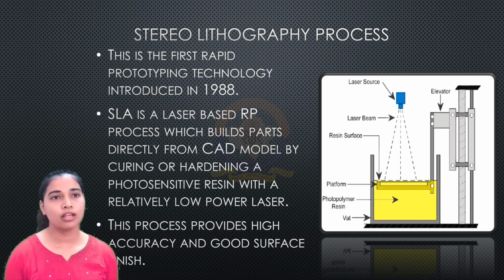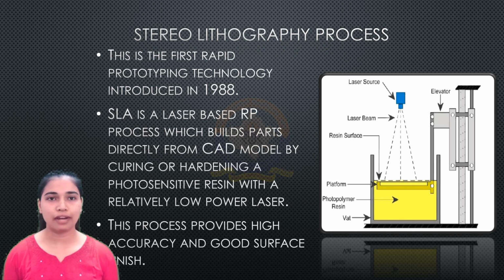Next, the first one, stereolithography process. It is the most widely used rapid prototyping technology, introduced in 1988 by 3D Systems. A highly focused UV laser traces out successive cross sections of a three-dimensional object in a bed of liquid photosensitive polymer. As the laser traces the layer, the polymer solidifies and the excess areas are left as liquid. When a layer is completed, a leveling blade is moved across the surface to smooth it before depositing the next layer. The platform is lowered by a distance equal to the layer thickness, typically 0.003 to 0.002, and a subsequent